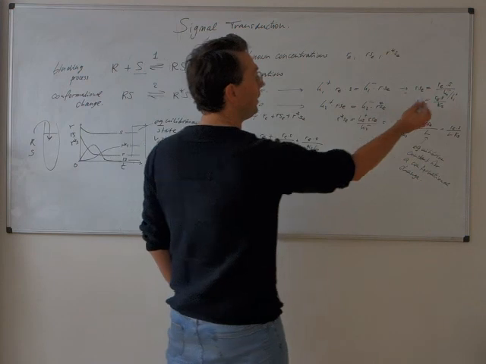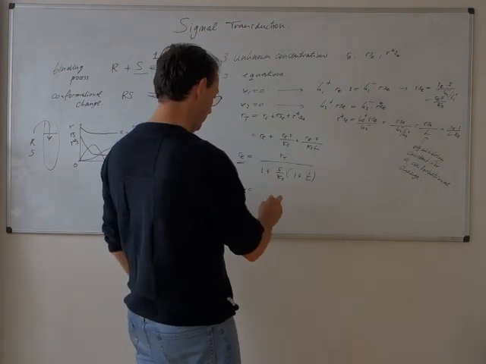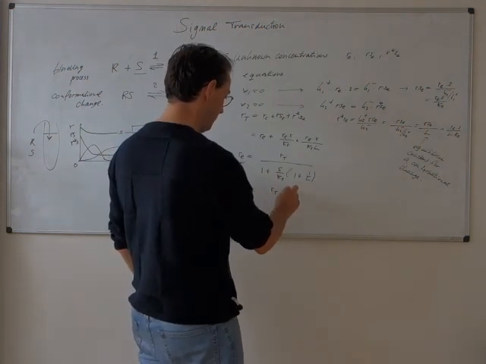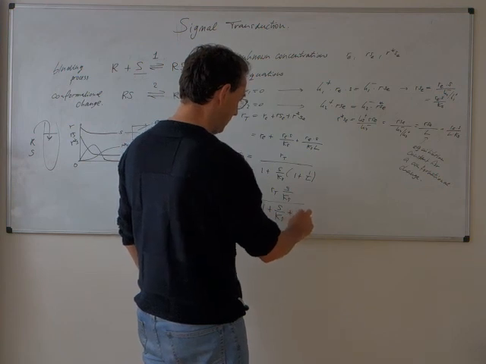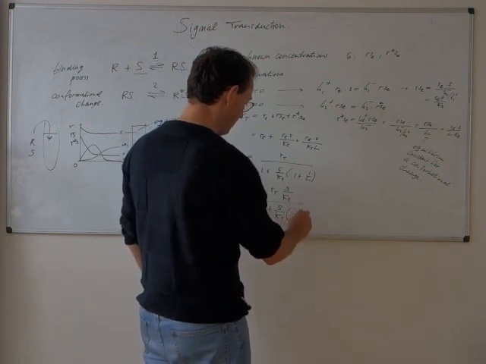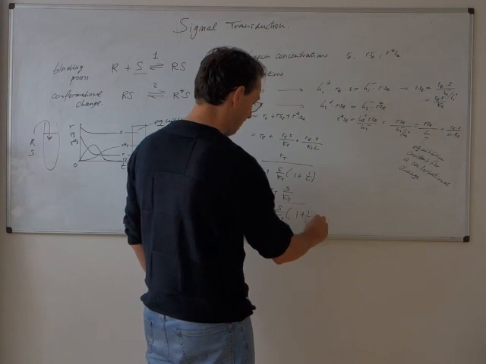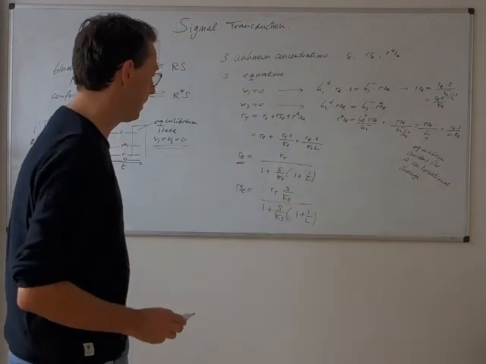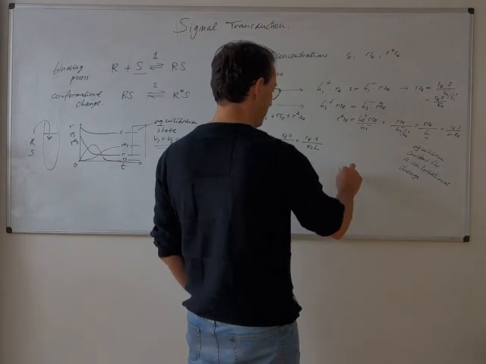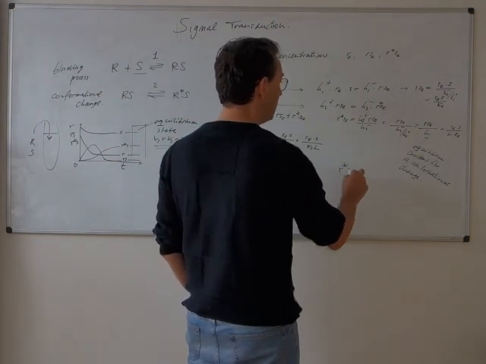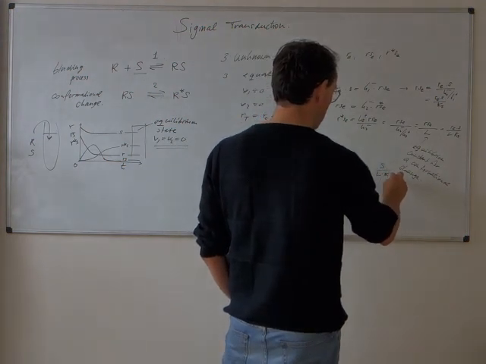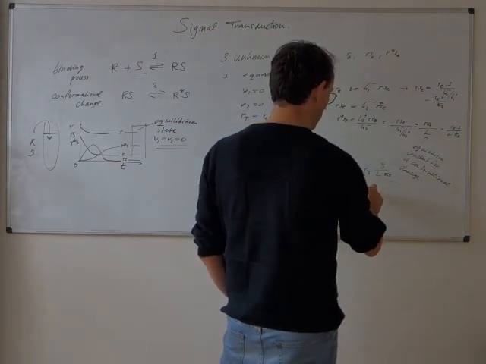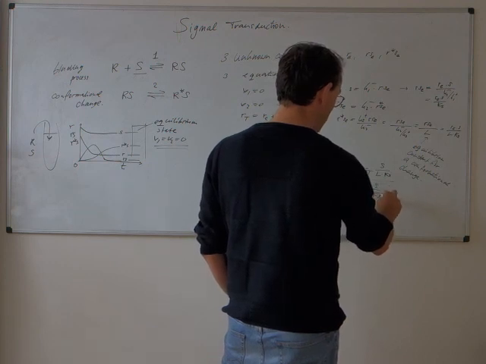Well, that is RE times S divided by Ks, so this is going to be equal to RT times S divided by Ks, over 1 plus S divided by Ks, 1 plus 1 over L. And what is R star SE? That is S over Ks times RT, over 1 plus S over Ks, 1 plus